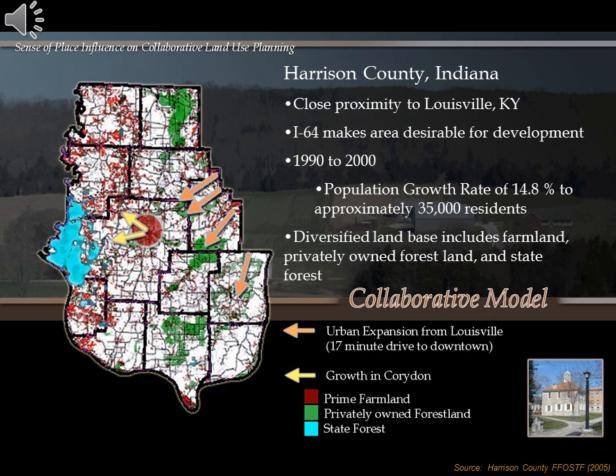Just a couple key features of that growth. One of the things to consider is that from 1990 to 2000, the county grew by 15%, which for a rural county in southern Indiana is a massive growth rate. The other thing to take note of on this particular slide is that there's a mix of really prime farmland, state forest land, and actually really exceptional privately owned forest land in this county as well. All of these concerns started to be brought to the surface as they expanded out that working group and brought in others who were interested in this.